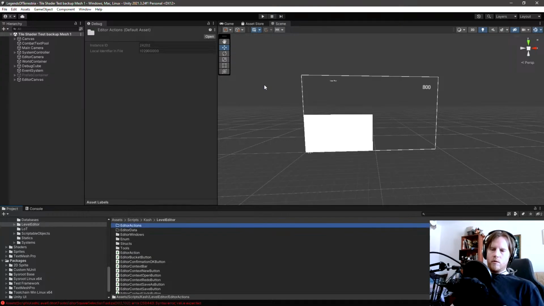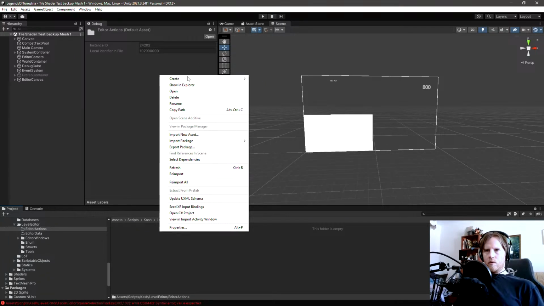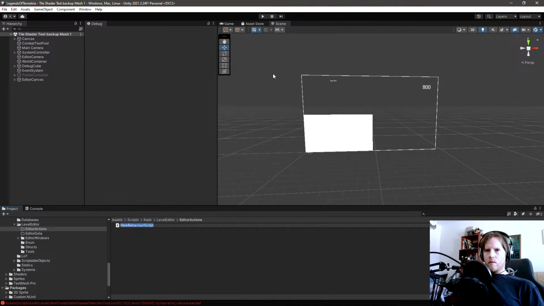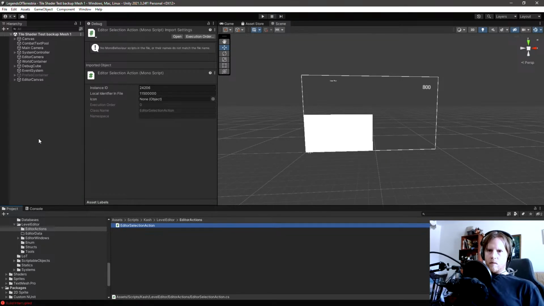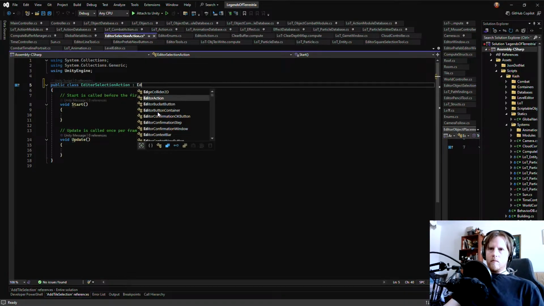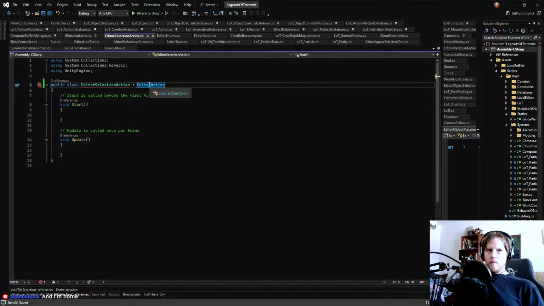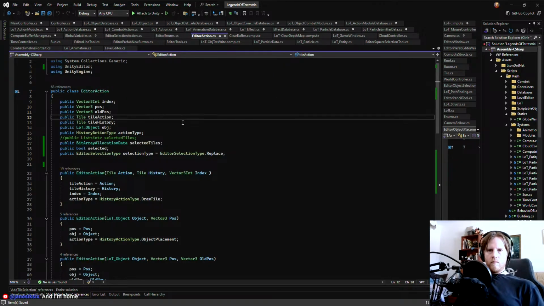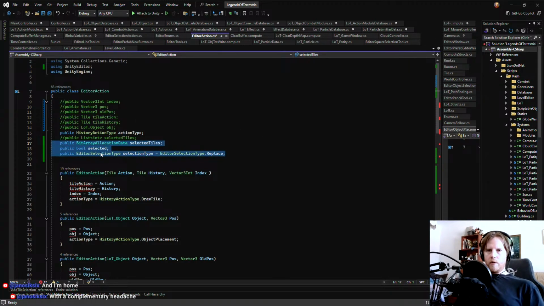Editor actions. Welcome home. So this should pretty much just have action type then, I think.